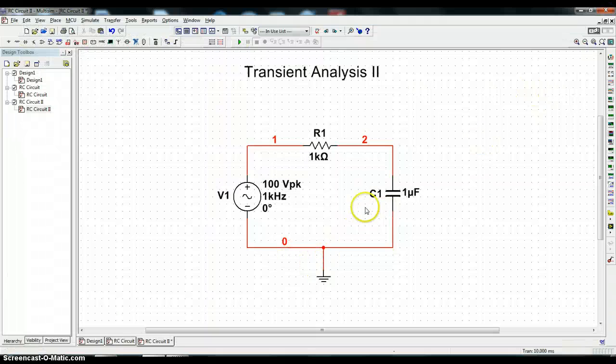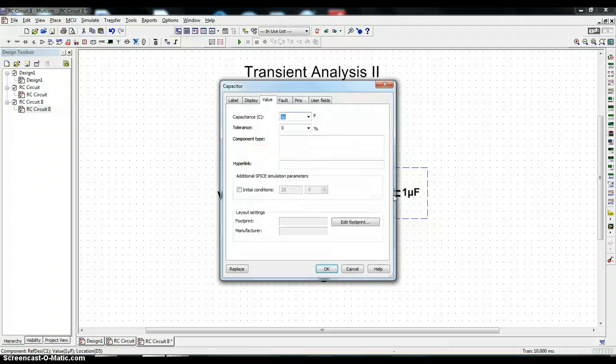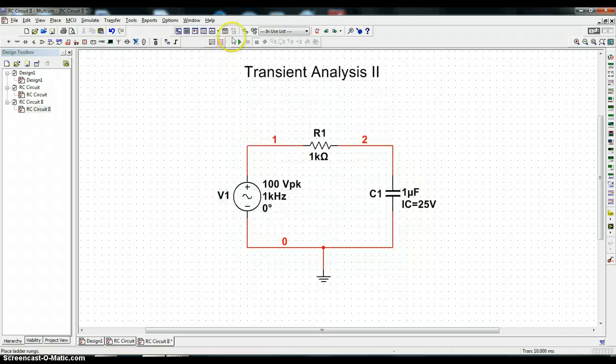Now let me just do one more thing before I complete this. I would like to put a larger value on the capacitor. I guess I must have already set this at 25. It'll probably be a default of 0, but you can set it to whatever you want here. I'm going to set it at 25. This is going to force the initial voltage on the capacitor to be 25 volts. So let's click OK on that, and then go back to the